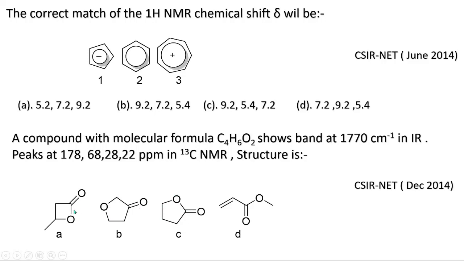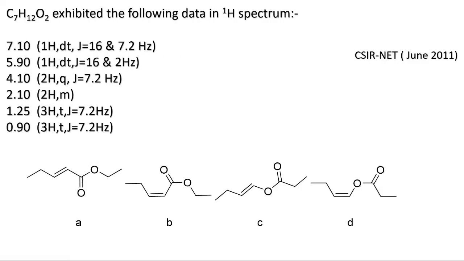Now if we apply the concept of s character: the larger the outer angle, the more the s character. If you see in this molecule, this has a smaller inner angle and a higher outer angle. So this carbonyl, this C=O, will have more s character and more bond strength and will resonate at 1820 centimeter inverse. So from this concept you can eliminate this. So the answer will be option C. Now come to the next question.